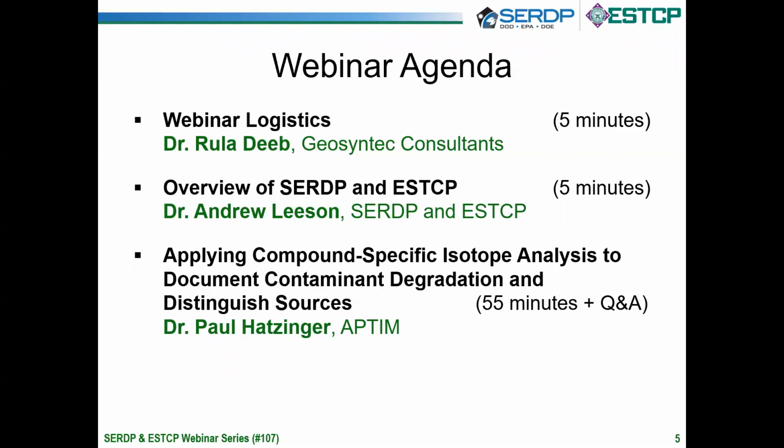Dr. Paul Hatzinger of Aptim will give an overview of CSIA basics, provide theoretical and real-world examples of how CSIA data can be used to document degradation of a variety of contaminants, and then he will discuss the current state of the art in forensic evaluation of contaminants with a focus on perchlorate and distinguishing sources of chlorinated solvents during